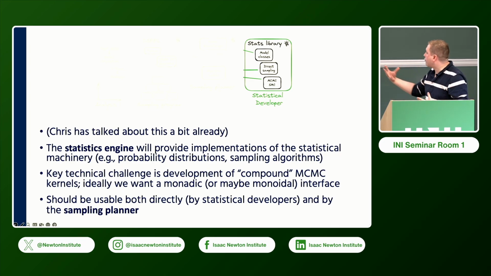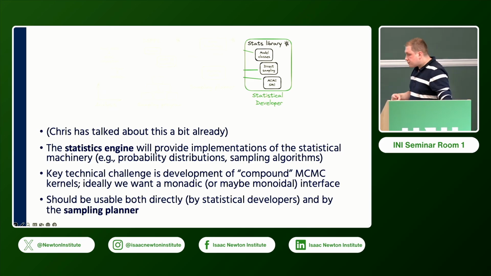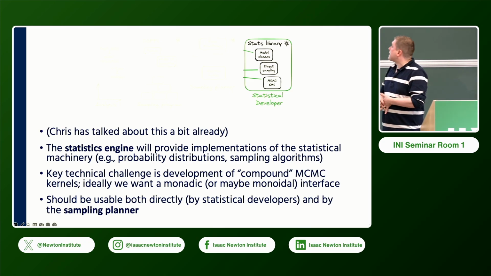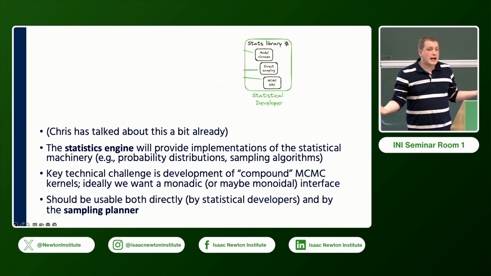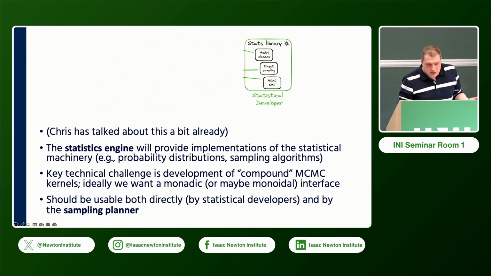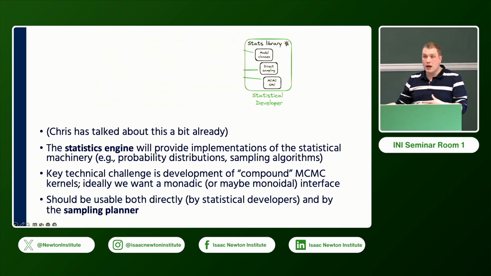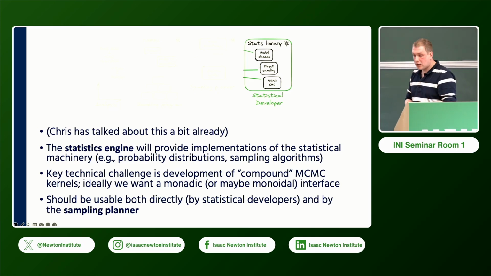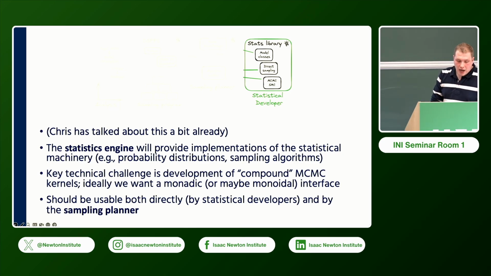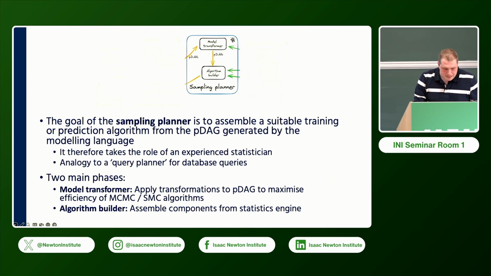It would be nice to have a monadic or maybe monoidal interface for plugging these things together. And the idea with the statistics engine is that actual computational statisticians can plug in modules that they're working on. It can be used directly by people who want to make use of the Python API for what they're doing, but also by the sampling planner,